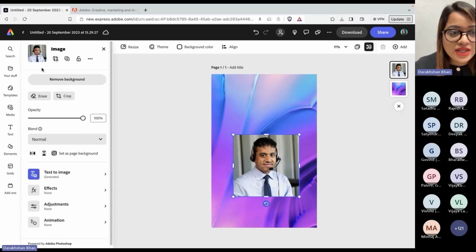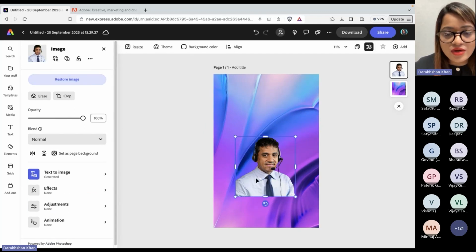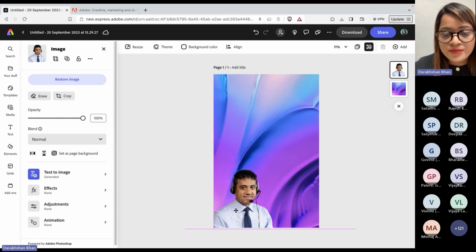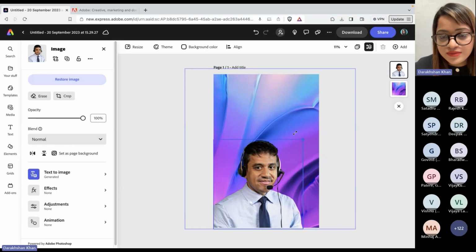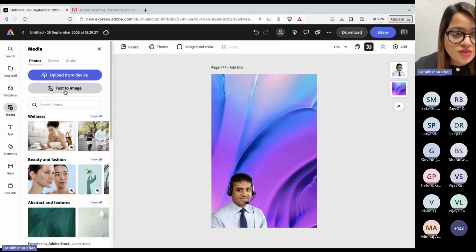Pretty cool. And now let's say I want to remove a background. I can simply go over here and remove a background, or if I have a picture of someone, I can go over here and upload this picture, and you can see the eyes and the wrinkles. The face has been generated quite well, because we want our creatives to be unique,